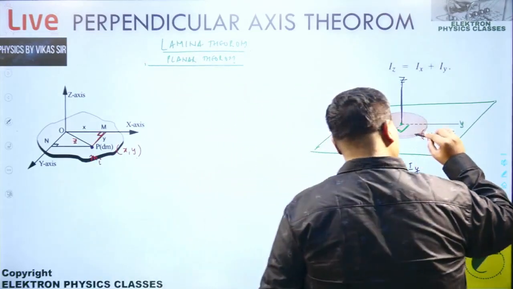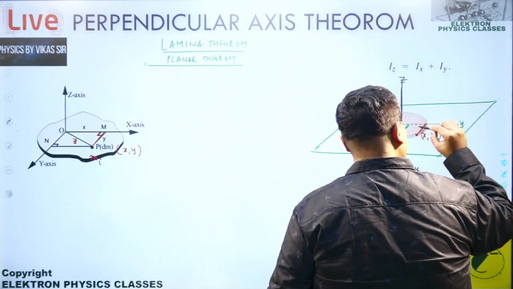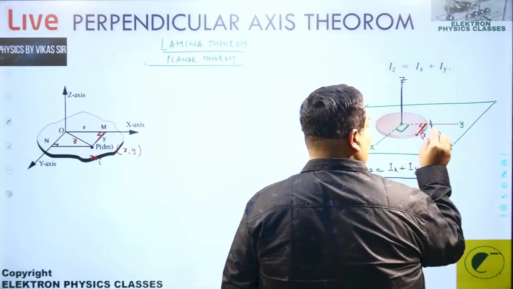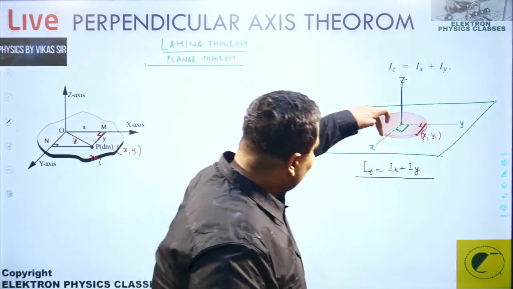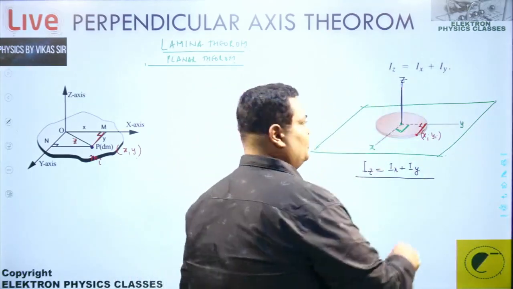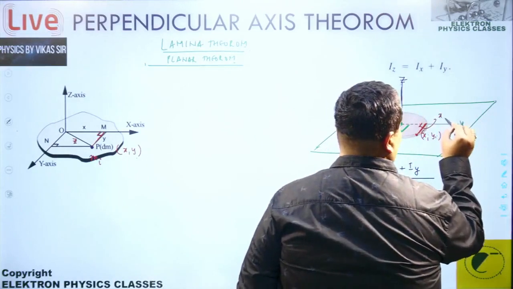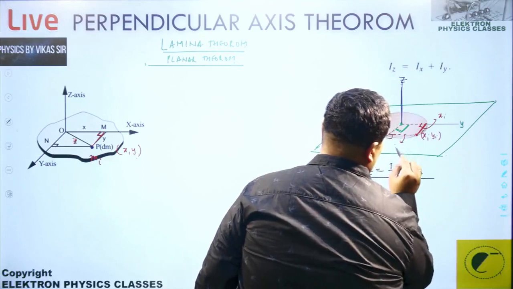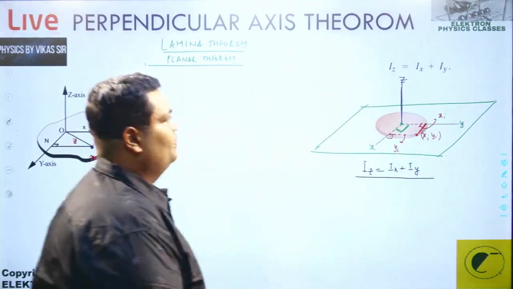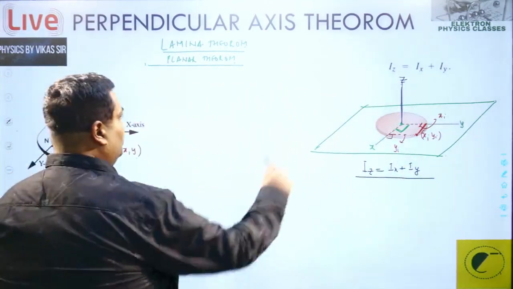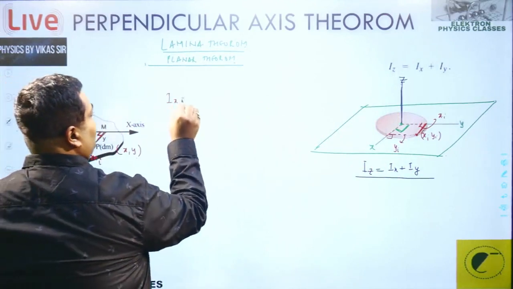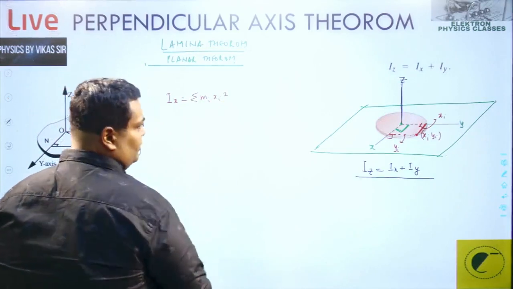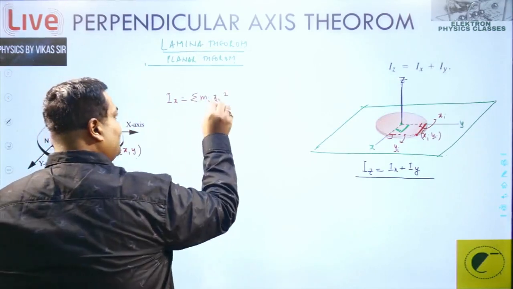And the perpendicular distance of this particle from the y-axis, this is the y-axis. So this distance will be how much? Perpendicular distance from the y-axis will be equal to this one, this is on x. So this is xi. And the perpendicular distance from the x-axis, this much, that's supposed to be yi. Correct? So the moment of inertia about the x-axis should be equal to summation mi yi squared.